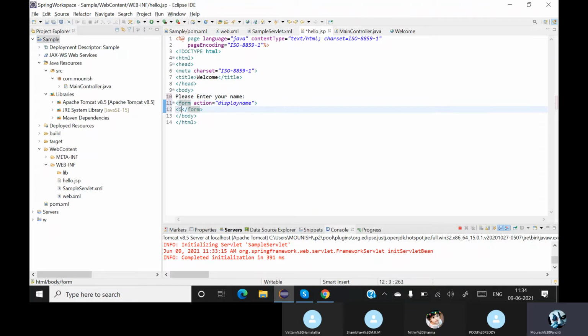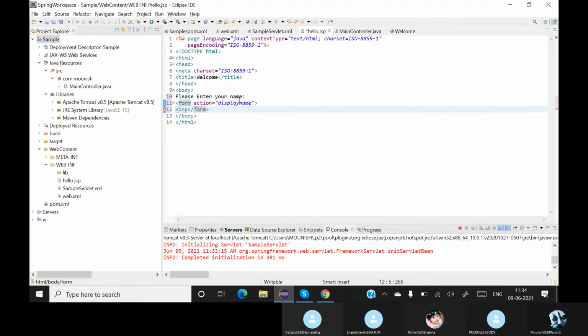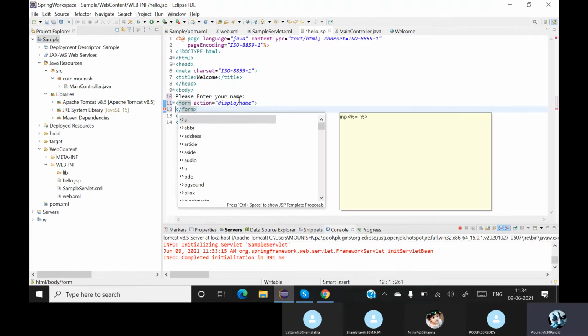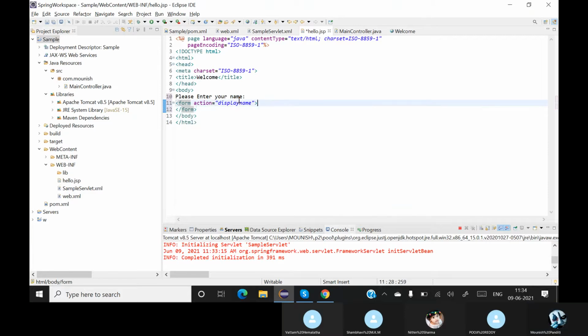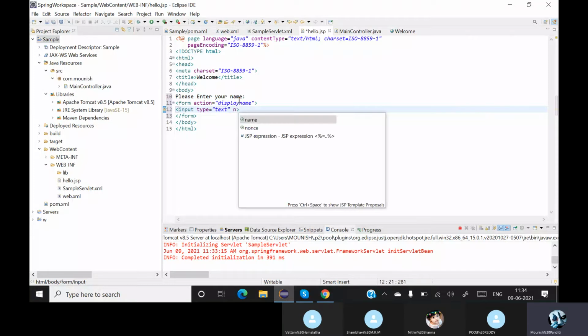So inside this form, let me take an input. The type is text. The name, let the name be first name so that we'll not get confused a lot. Okay, this will be our input.